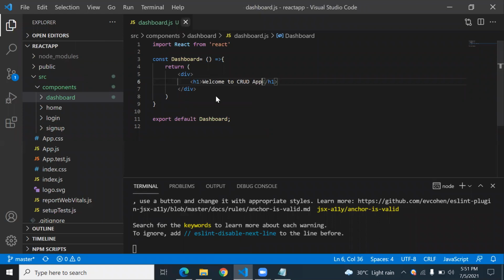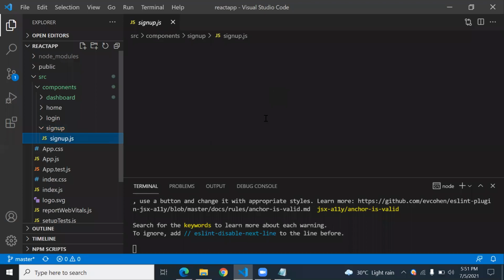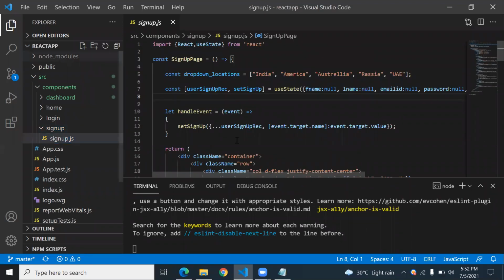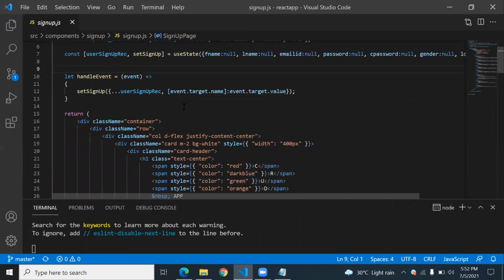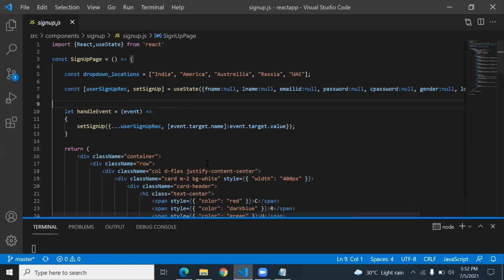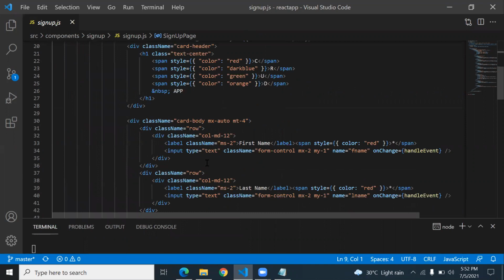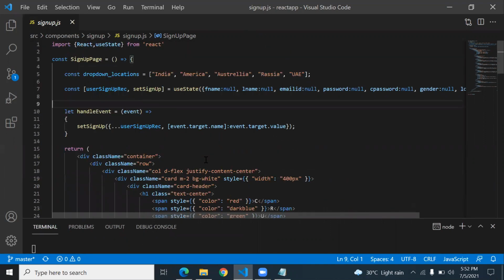We'll navigate it later. Now here in the sign up page, I'm checking the data, like if I enter something wrong, then I want to validate my records. So how to validate? To perform validation in React, there are two ways. Either you use the inbuilt plugin of React to perform validation, or second, you manually do the validation.